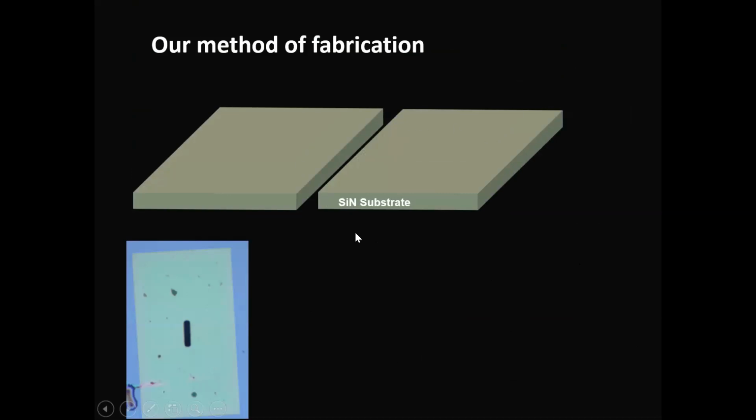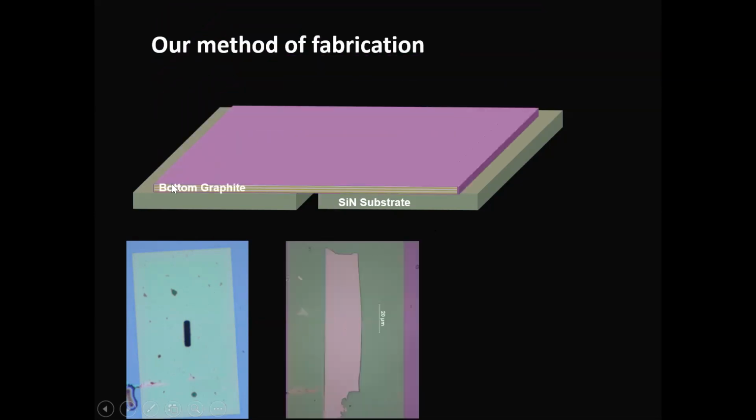So we used a silicon nitride substrate, and this is what it looked like, and we made a hole at the center. This is a silicon nitride membrane on silicon. This transparent region is the silicon nitride membrane. At the center there is a hole made. This is the top view, and the side view looks like this. There is no silicon here, but silicon should have been there. It is a through hole, through silicon. The hole is through silicon also.